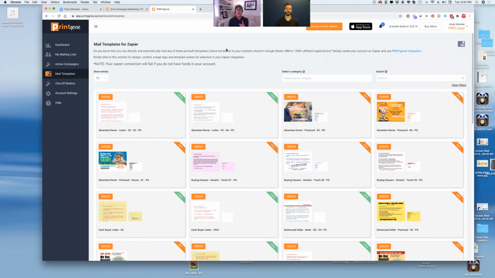So I just showed you how to upload a list, how to buy a list, how to add a list. I didn't show you, but you can also add by your phone or by Zapier. I'll show you that later. And I just showed you how you can pick a postcard or letter, and send it to one person or to a whole bunch of people. That's all cool, but to me, that's not the creme de la creme. The creme de la creme is